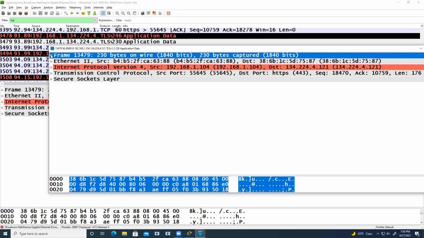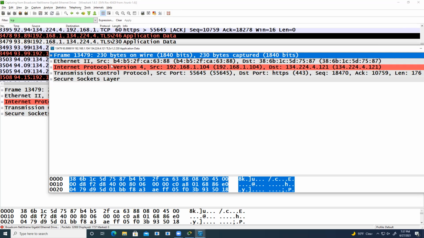In application, presentation, and session, it's called data. When it moves to the transport layer, after adding TCP or UDP, it is named a segment. Then that segment will come to the network layer. After adding IP or any respective protocols from the network layer, it will be renamed a packet. And the packet moves to the data link layer, where the MAC address will be added to it. After that, it will be called a frame. So now we are in the frame.